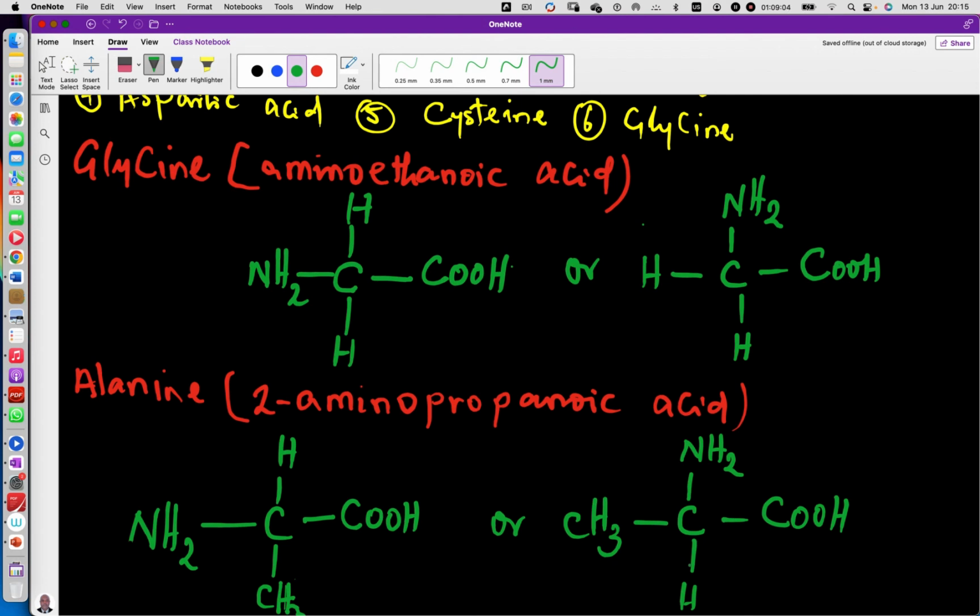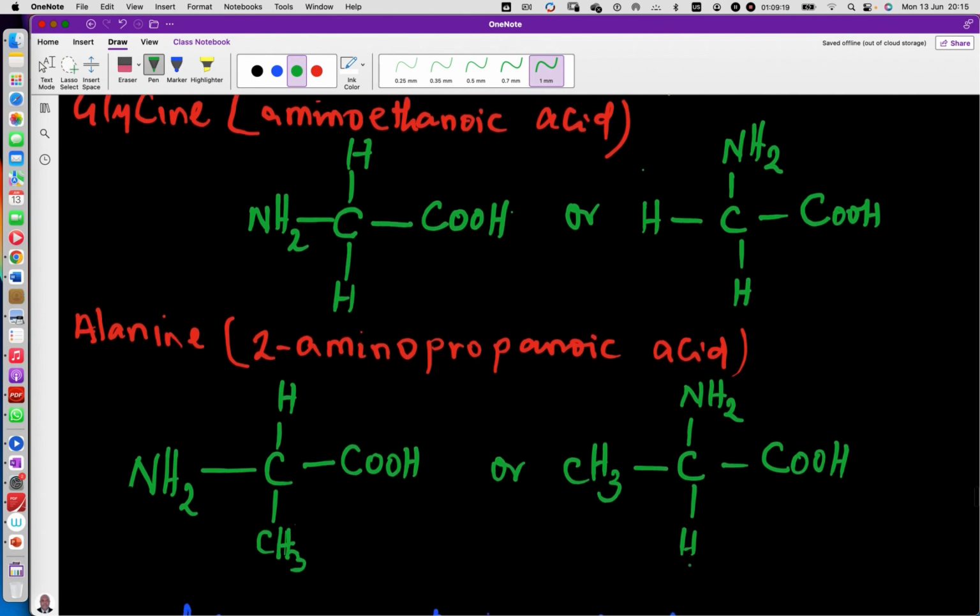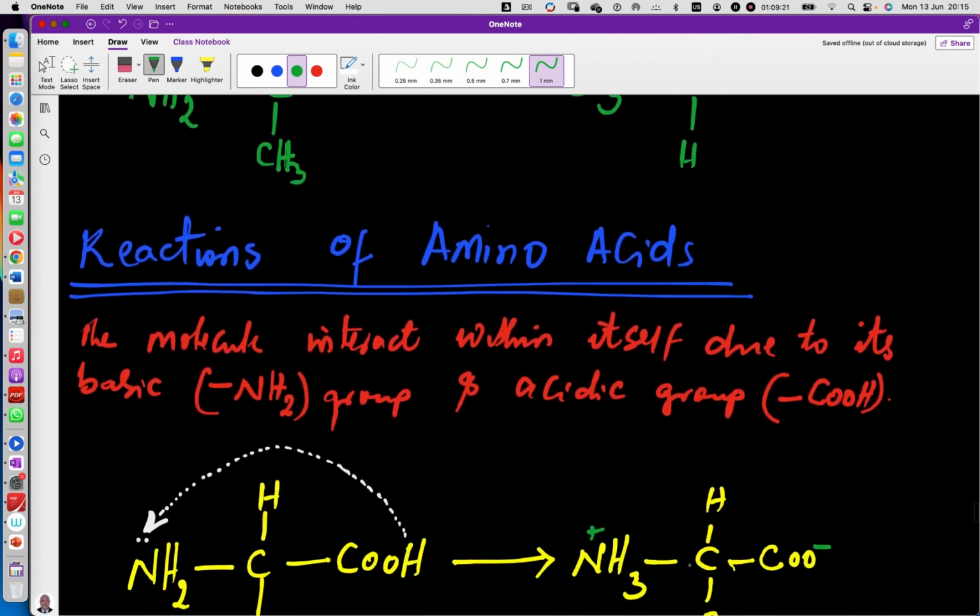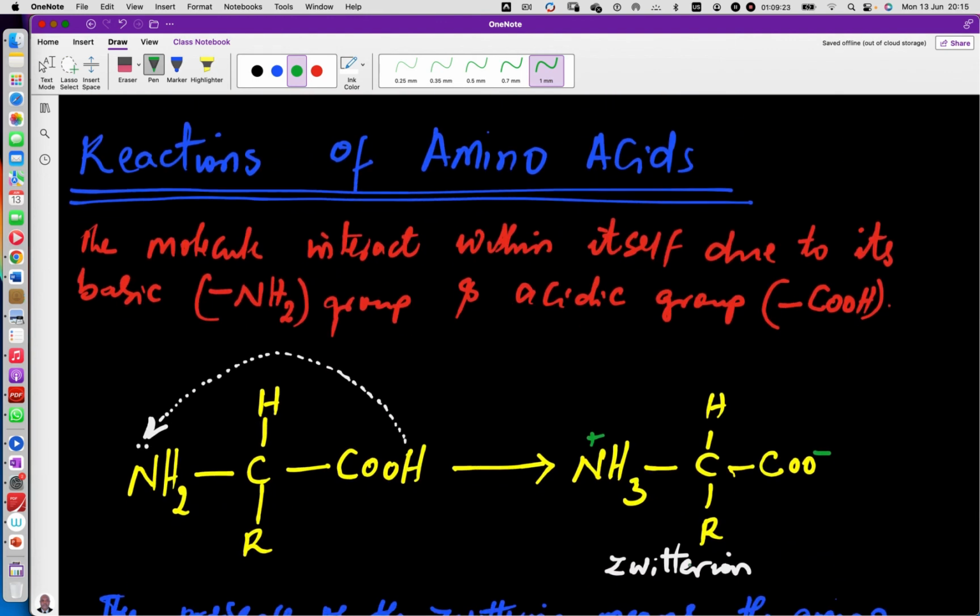So a good example is glycine, which is aminoethanoic acid. I gave you the structure, how it can be written. I gave the one of 2-amino-propanoic acid. I also gave you the structure, and I told you about the reaction of amino acids, that the molecule can react within itself due to the basic and the acidic group. So in reacting within itself,